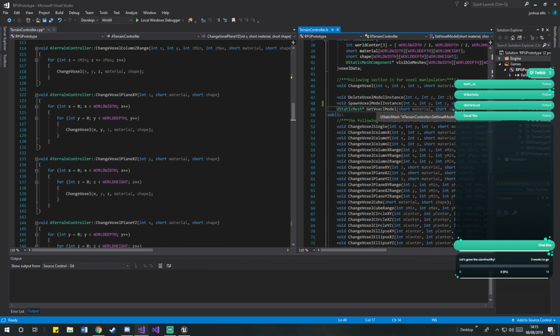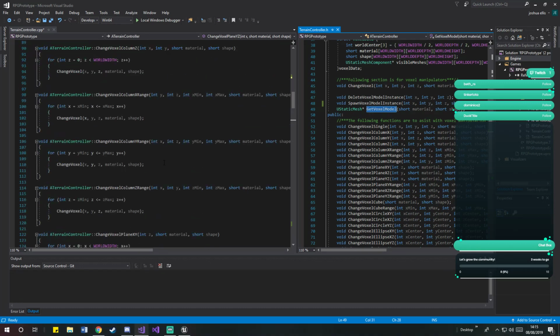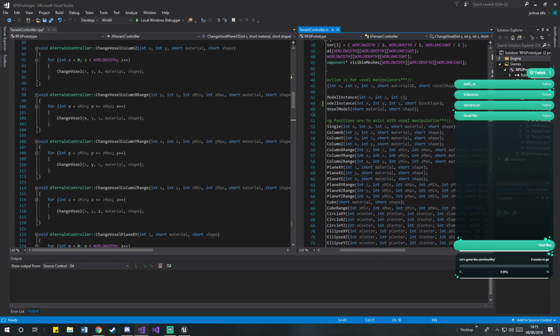If we put it in one place rather than all of these calling that function directly, we've abstracted it away just a little bit so that we don't have to directly edit the function call every single time, because I knew ahead of time that we would need a material ID and a shape. So